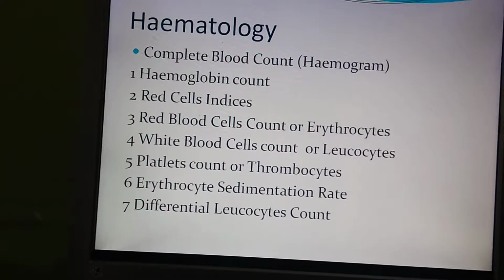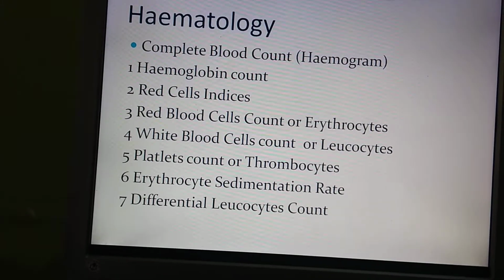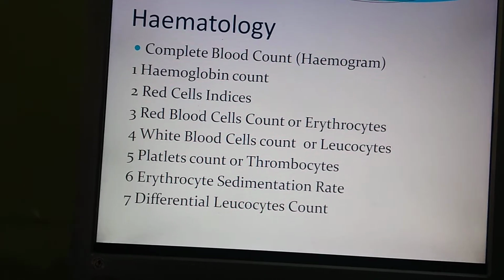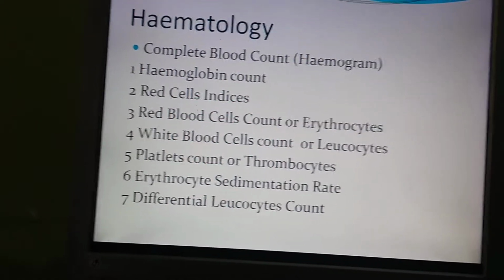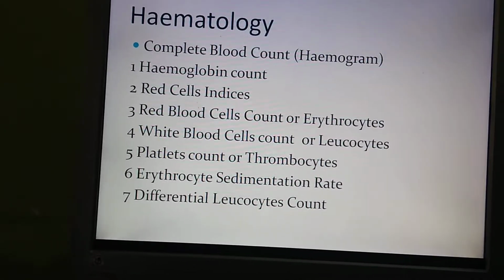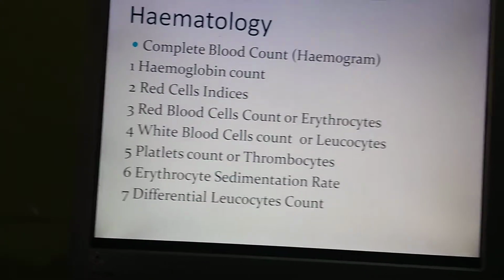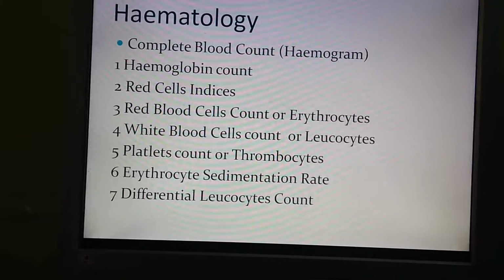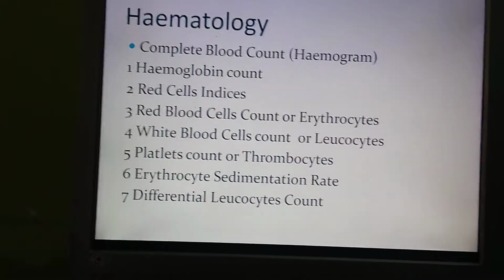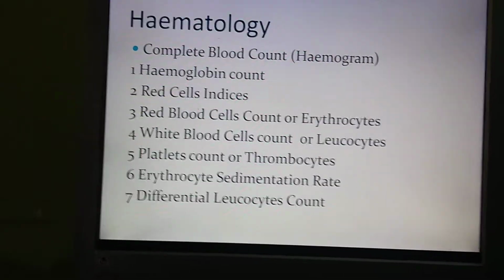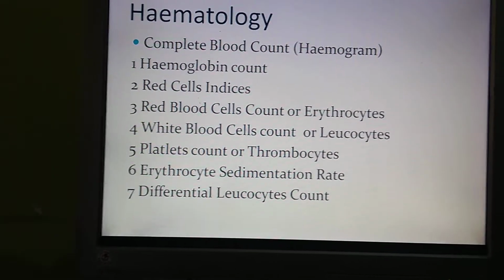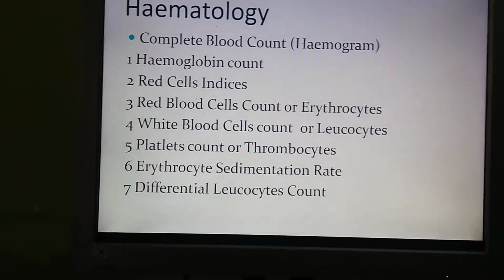For this purpose, blood has to be withdrawn. Blood withdrawal can be done by two major methods. Number one is the prick method and number two is the intravenous method. You can choose any of the methods and take the blood of the patient or a subject. You can store this blood in a hemogram bulb in which some anticoagulant salts are mixed so that blood can be stored for more time, and for your convenience you can test the blood.